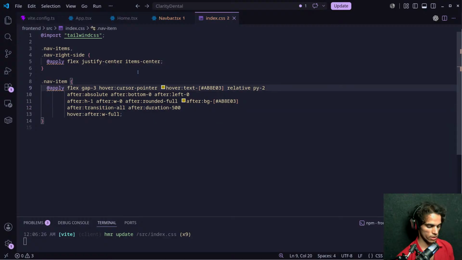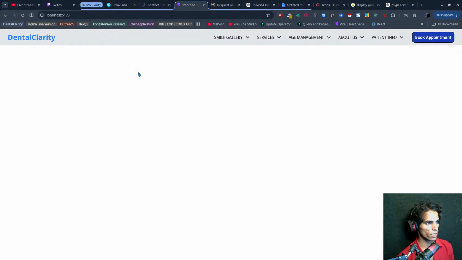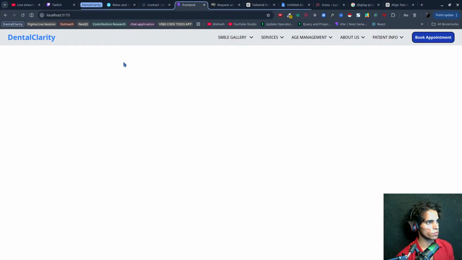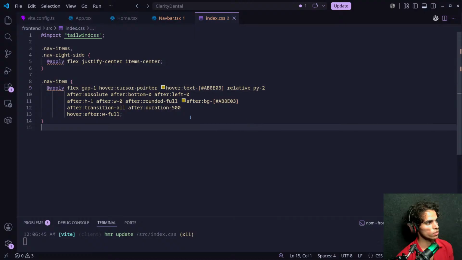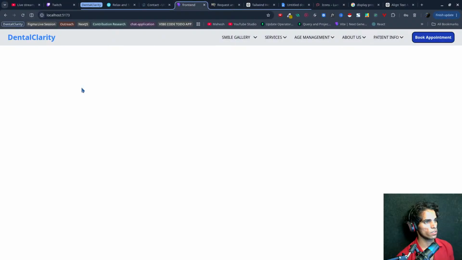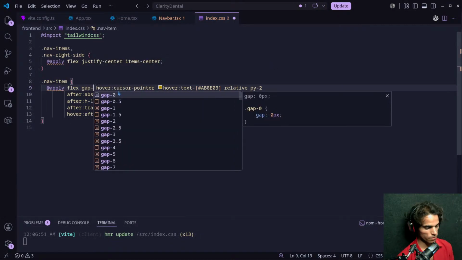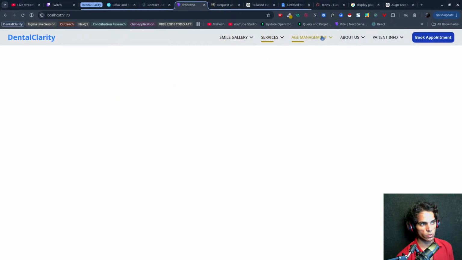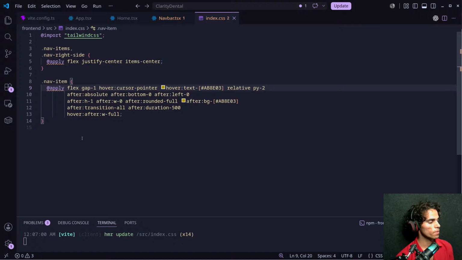So from 3 we can change this to 2 or 2.5. It depends on how much gap you want between them. Let's keep it 1 and see how 1 looks. And if I remove this, it's still the same. No, it's not the same. I have to refresh it to see the gap. Let's get the gap of 1. It will look something like this. Great.